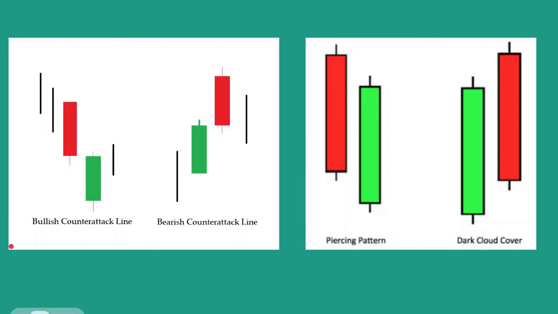In a bearish counterattack pattern, as you can see here, we have the bearish counterattack line. The first green candle shows that the bulls are in control. This candle tells us the bulls are in control. But the next candle gaps open higher. This is the close and this is the open. But the bears,